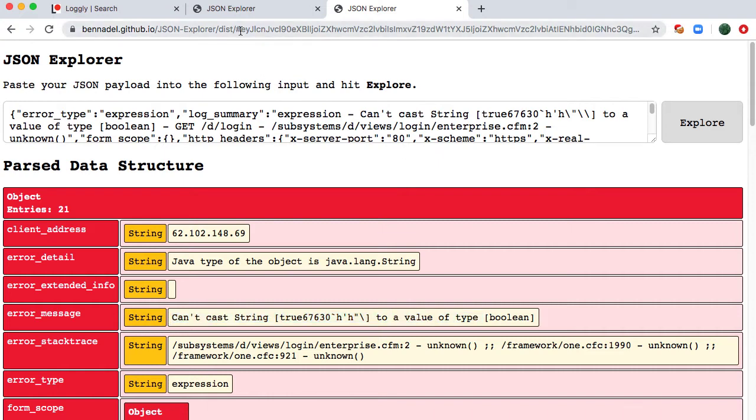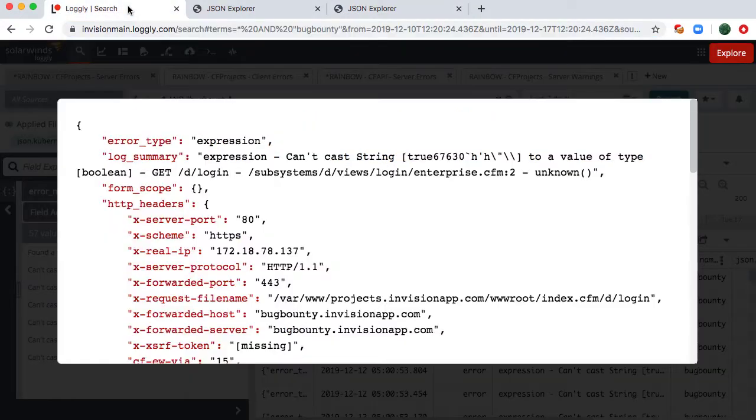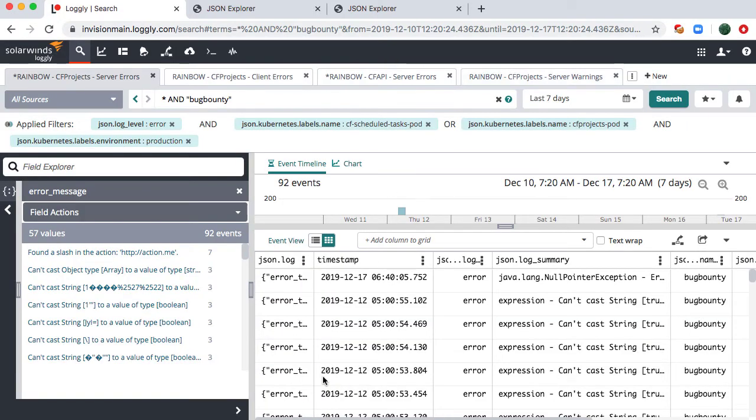Now the nice thing about using the location hash is that the location hash never goes to the server, it's only transmitted over the browser. So when I open this up, GitHub Pages never sees the JSON payload, so it's pretty secure. Of course, if I paste this via Slack to a teammate, Slack will know about it, but Slack's a private system. So this is going to be really great, especially for debugging incidents, because now what I can do is